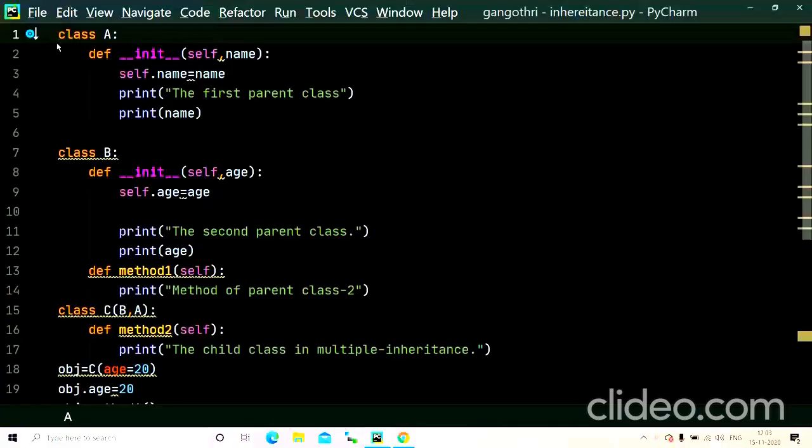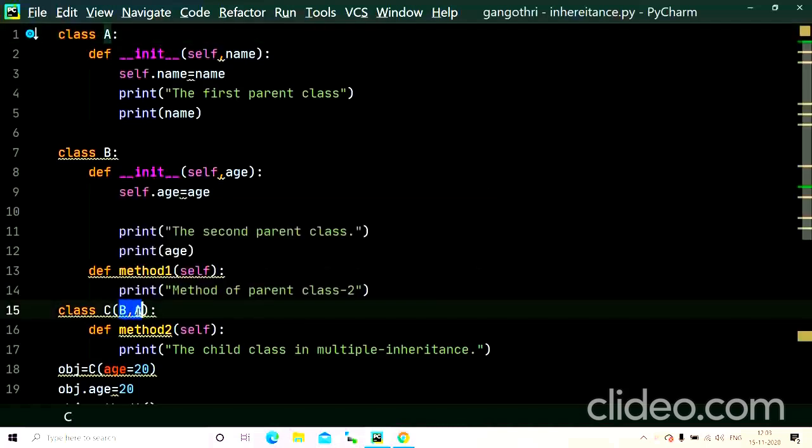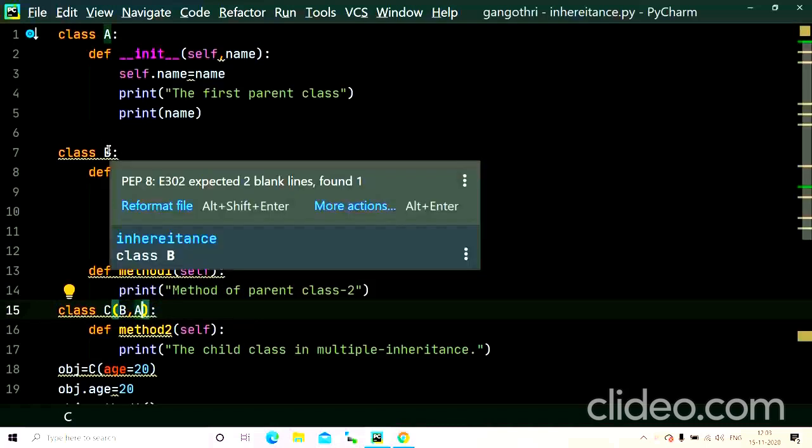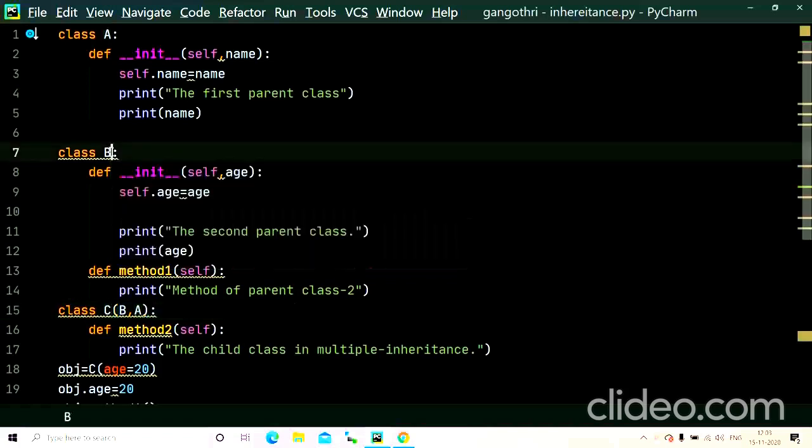This is a program which we have written for the multiple inheritance topic, right? We have created two parent classes A and B. Then we have inherited the properties of both the parent classes to the child class C. Now I want to make my B class a child class for the class A, and I want to make my C class the child class to child class B. I mean, for C, B is the parent class, and for B, A is the parent class.